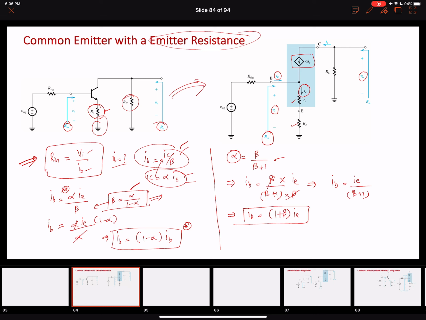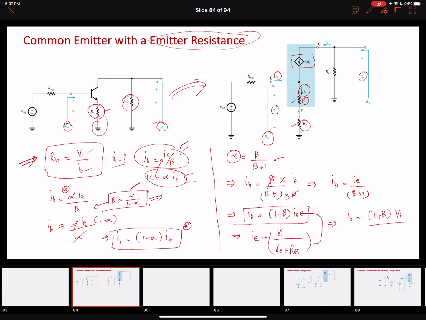So the equation for IE here: IE equals VI over the total resistance here, small re plus capital RE. So this is the value of the emitter current. Now I can put this value of the emitter current over here to find out the new value of the base current. So the new value of the base current will be 1 plus beta times VI divided by